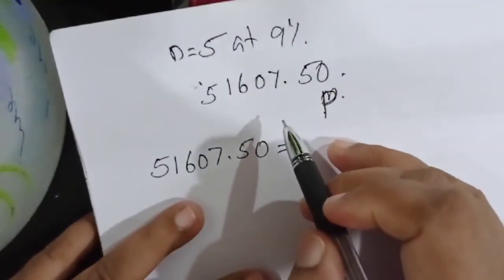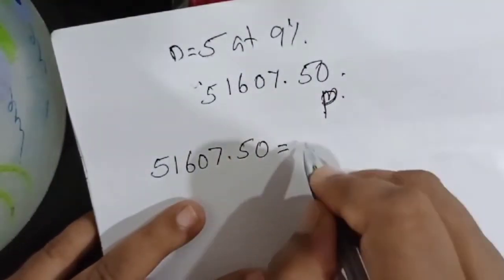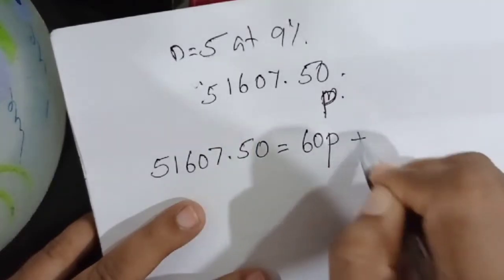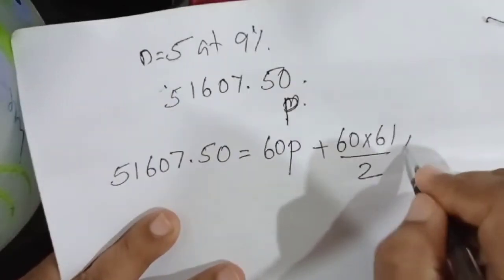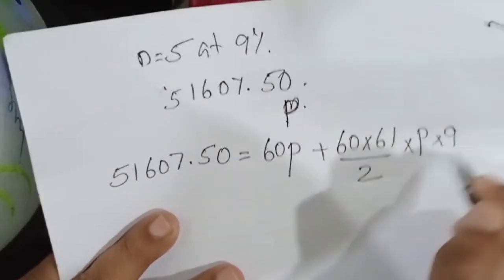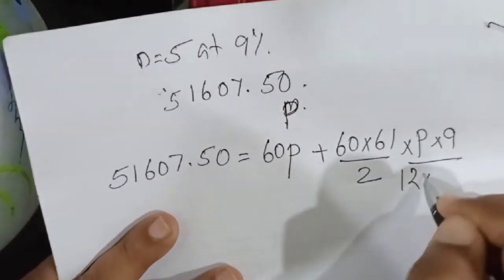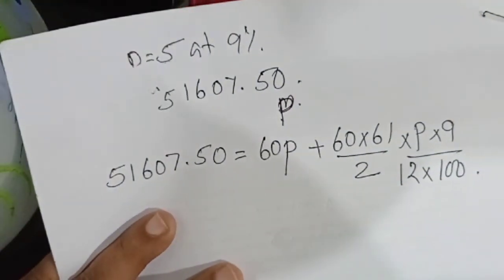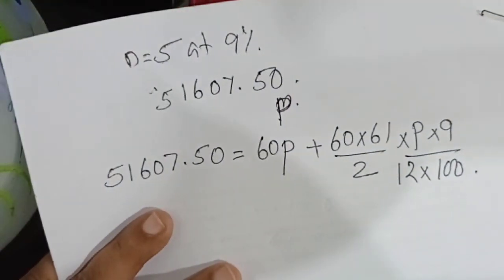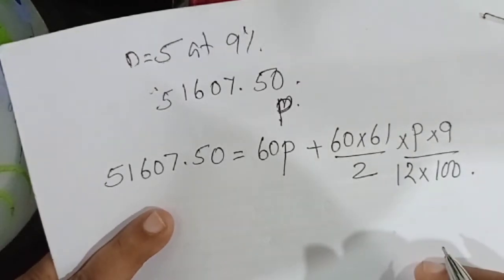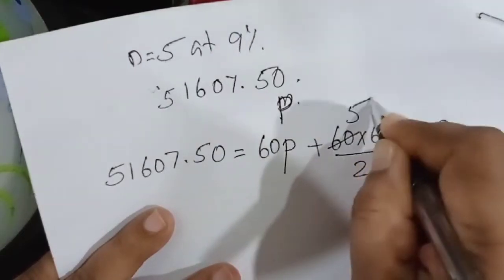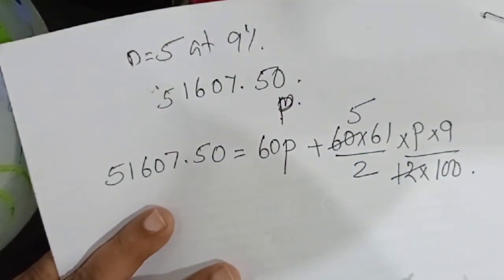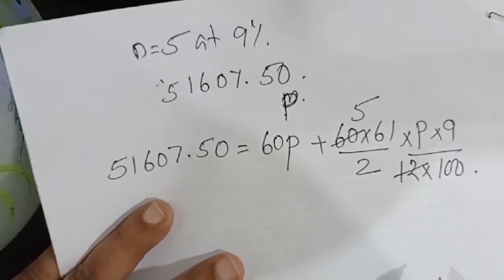51607.50 equal to 5 years means 12 5s are 60P plus 60 into 61 by 2 into P into rate is 9 by 12 into 100. Okay, calculate. 12 5s are 60. Isn't it? Now,